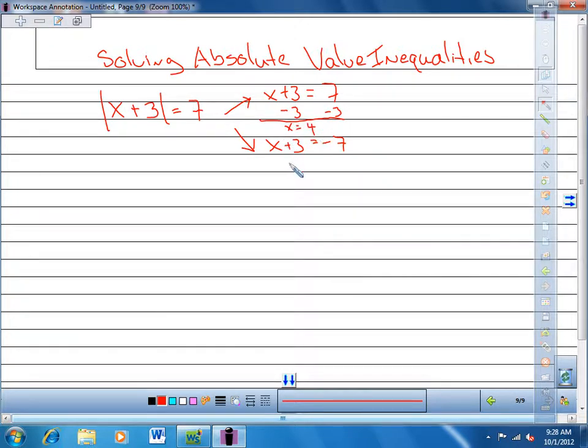And over here, I subtract 3 from both sides. And I get x equals negative 10. And then if I plug 4 in here, I get 4 plus 3, which is 7. And the absolute value of 7 is? 7. Okay? And if I took negative 10, so here you have two answers when you have this type of thing. Okay? And here if I plug in negative 10 in here, I get negative 10 plus 3, which is negative 7. And then I take the absolute value of that, which is